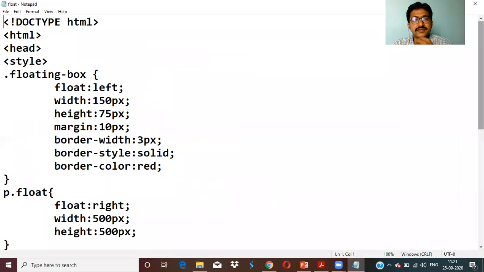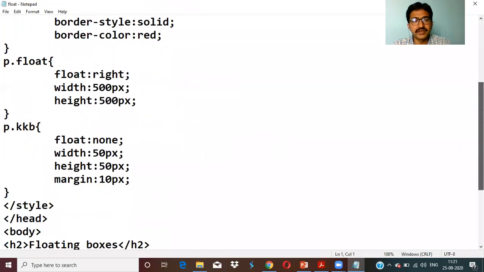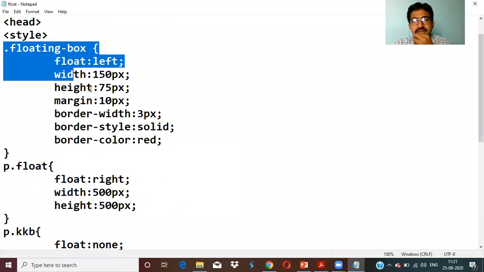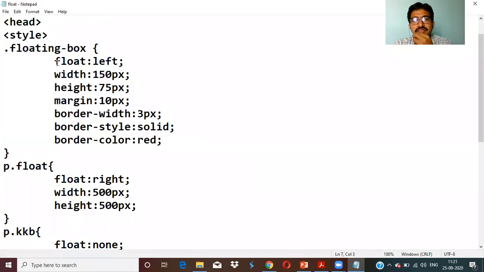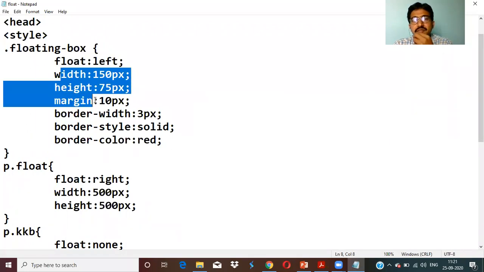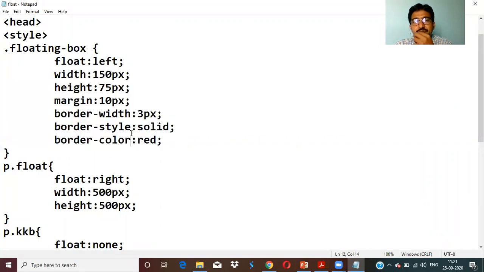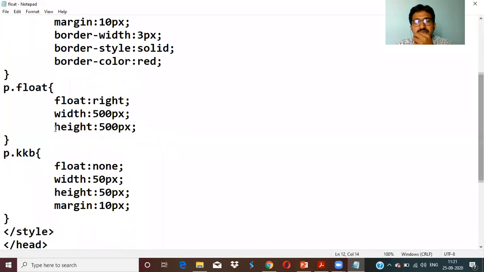Now what I'm doing here is using 3 different selectors. The first selector is a class selector, floating box. Float is left, right, top, bottom, and width, height, margin, border width, border style, border color, which we have already seen just now. Next selector, I'm using a paragraph for the class float.